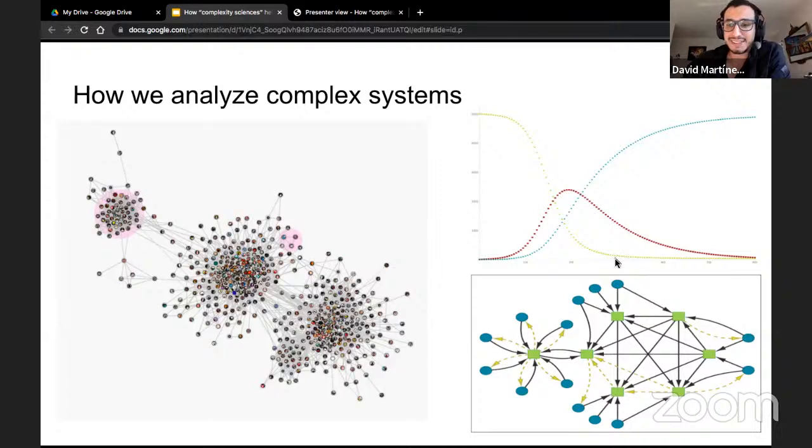And in fact, the first approach, focusing on the data generated by the system, belongs to the realm of data science. Data science, this is what it does. It collects data from a system, whatever it is.